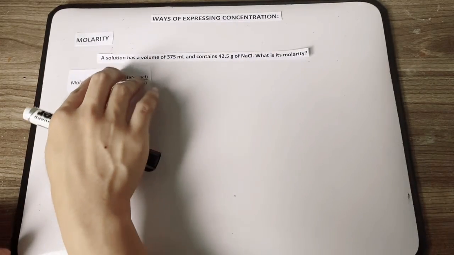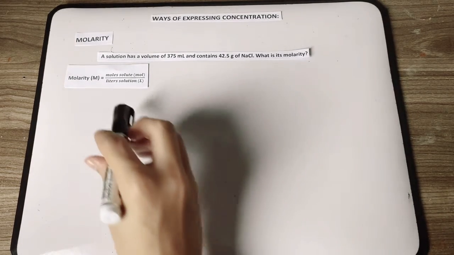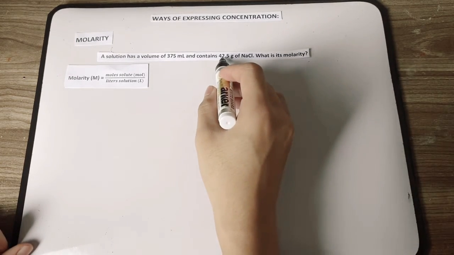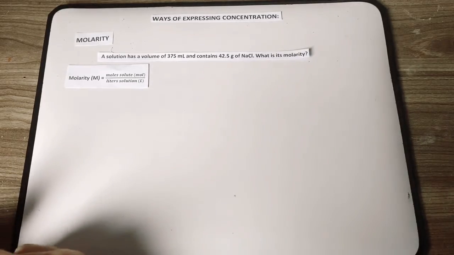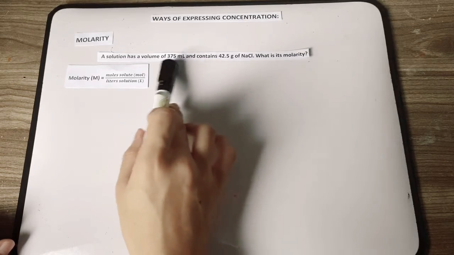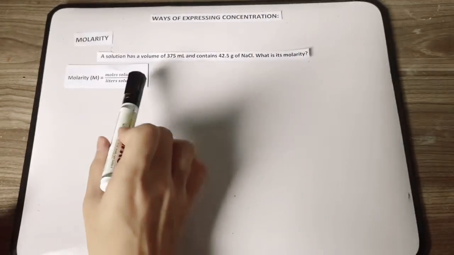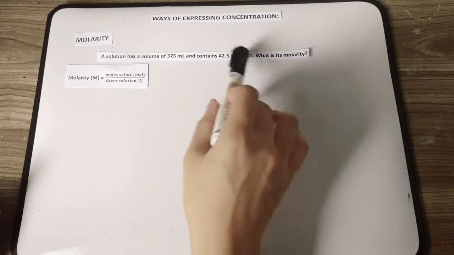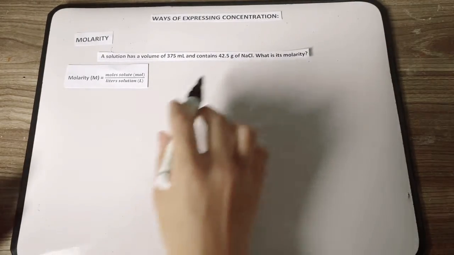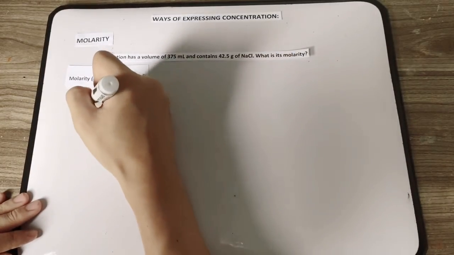What is its molarity? So we know that the equation for molarity is equal to moles of solute divided by liters of solution. Since the givens are in the form of grams and milliliters, we're going to convert them into moles and liters. So moles for our solute and liters for our solution. First, we're going to get the molar mass of our solute. So molar mass